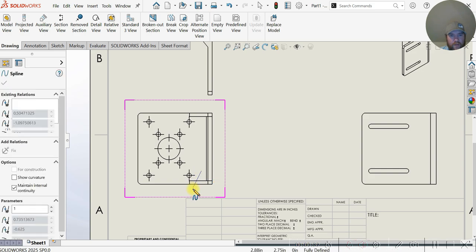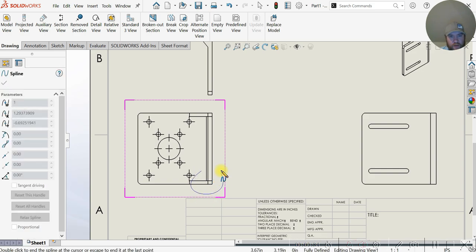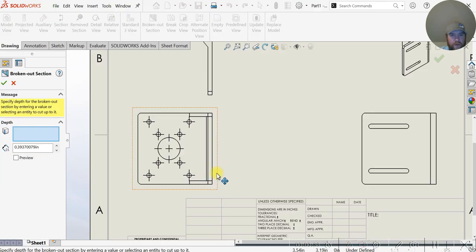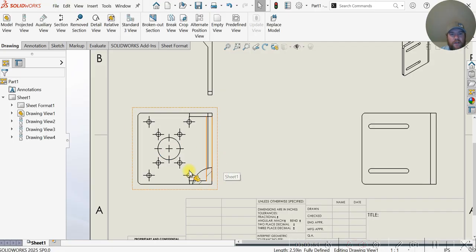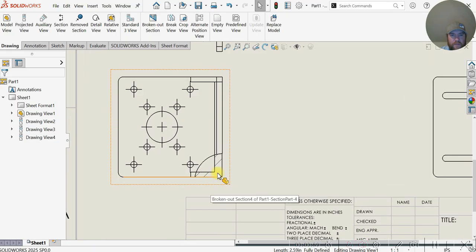spline tool. We're just going to freeform draw our little area that we want to cut out or remove, and then it asks us for the depth. How far down do we want to cut away? We can select any feature on this back face because this is an angle, so the depth will be to that feature. Select OK. You can see it removes this corner all the way to that back plate, and now